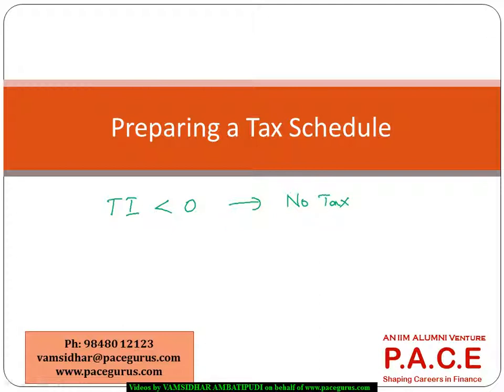But there is one more thing, even though my taxable income is less than 0, if the PBT for that year is greater than 0, right? If the taxable income is less than 0, we have to check if the PBT is greater than 0,